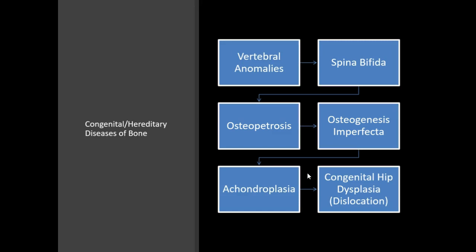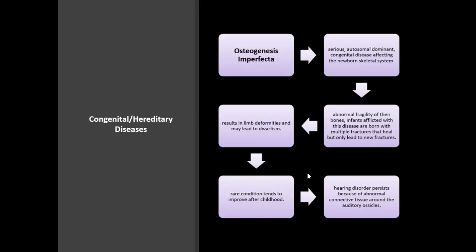Congenital or hereditary diseases of the bone. So first here we have vertebral anatomy or abnormalities, spina bifida, osteoporosis, osteogenesis imperfecta, achondroplasia, and congenital hip dysplasia. So osteogenesis imperfecta. It's a serious